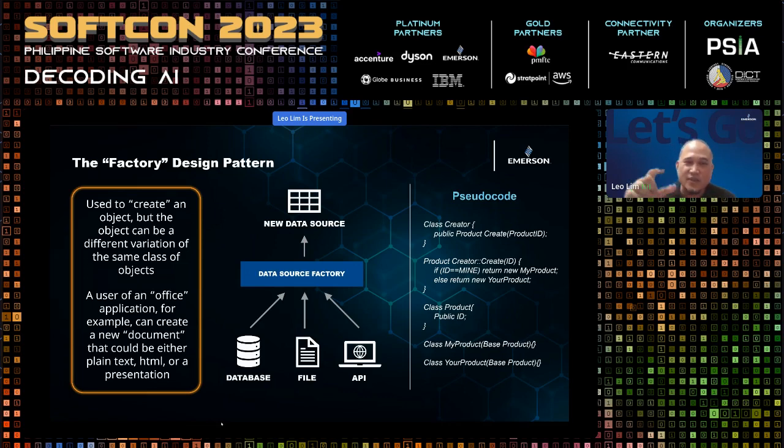So when you press new, you select a template and then press create, it's actually creating an instance of a document class, but of a specific object. That could be a more specific type of document. Here in the middle, I have another illustration to help drive this point, but this time more towards the AI side of things, or an ML type of implementation.